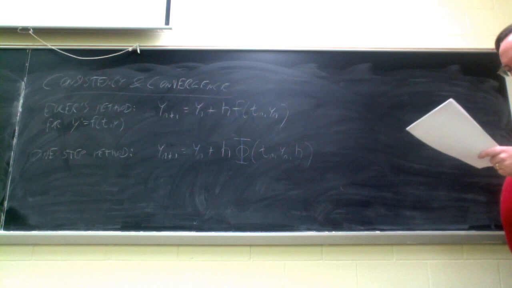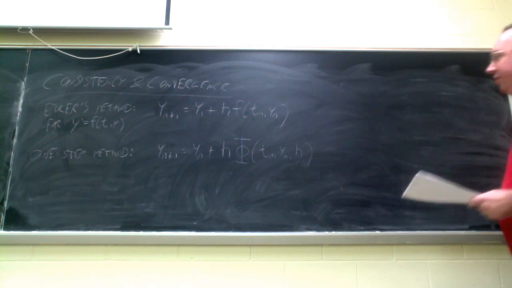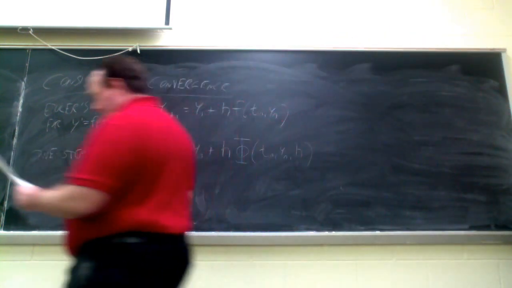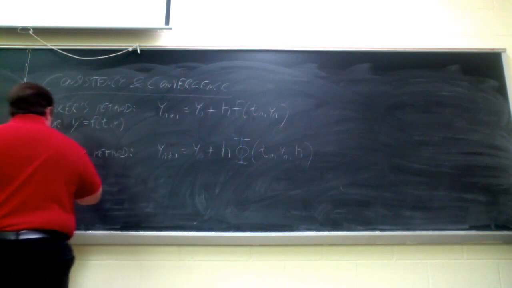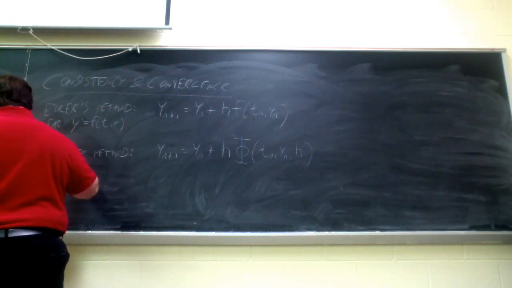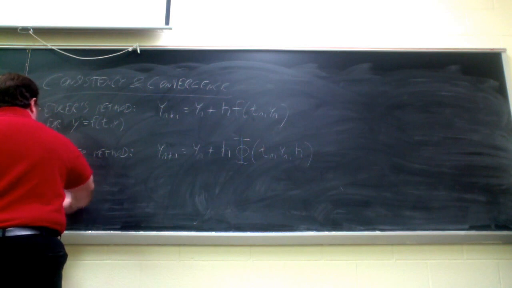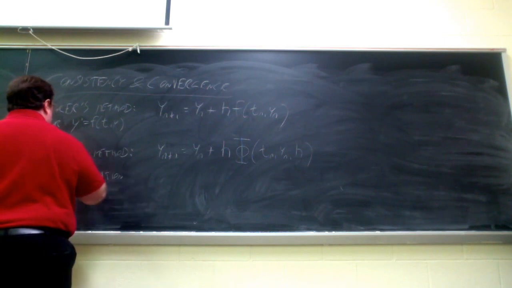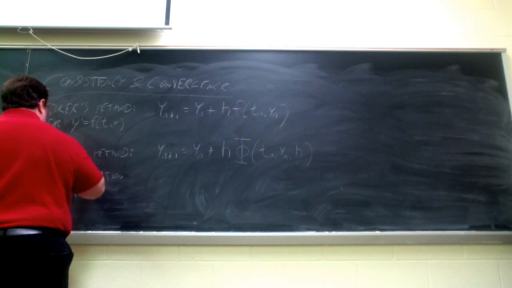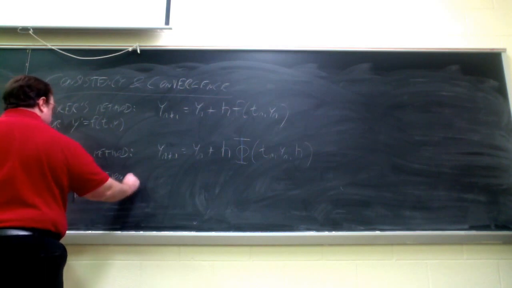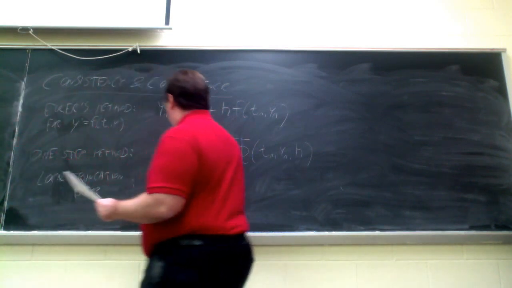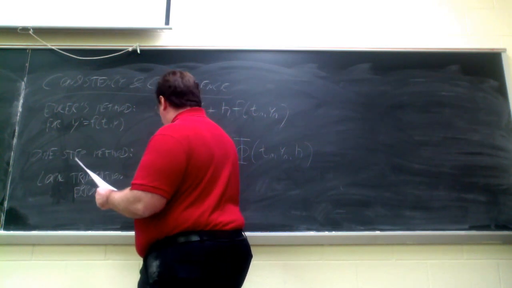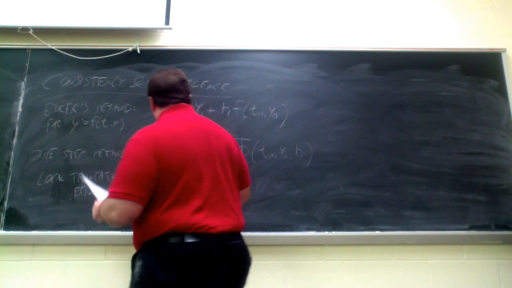All right. So to help analyze accuracy, I'm going to define a very important concept, the local truncation error. Okay, so that would be T_n is